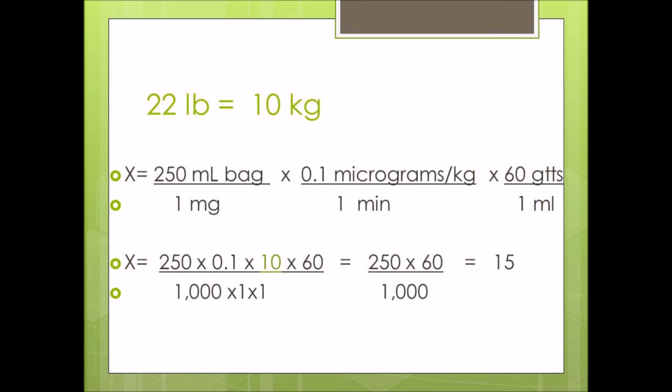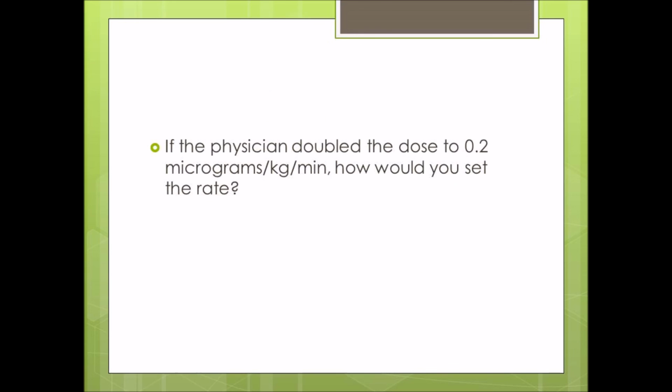So 0.1 times 10 is equal to 1. 1 times 250 is 250. Well, if we go back into our fractions, 250 over 1,000 is basically equal to 1/4. So 1 over 4 times 60, or 60 divided by 4, is going to be equal to 15. Now let's do this problem again, but this time let's go ahead and increase our dose, or double our dose, to 0.2. Well, now we're going to have 2 times 250 above, so that would have been 500 over 1,000, or we're going to be at 1/2. So instead of 1/4, we're at 1/2. 1/2 of 60 would equal 30 drops. Hopefully this